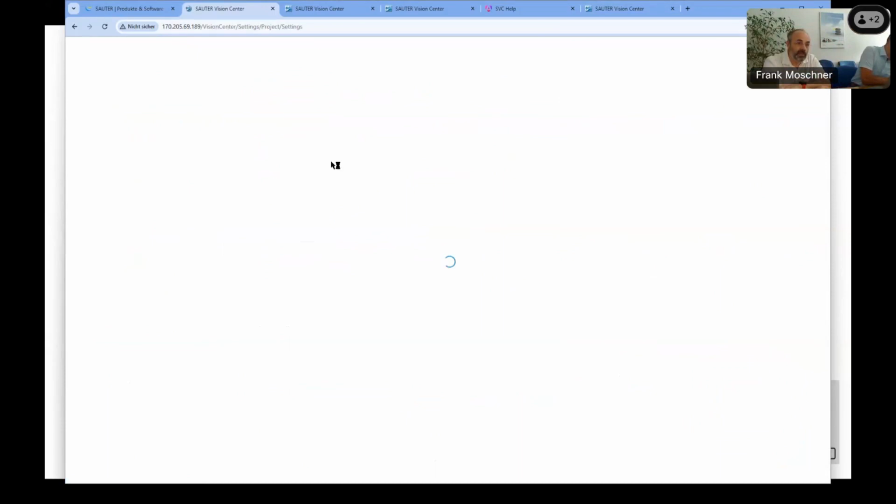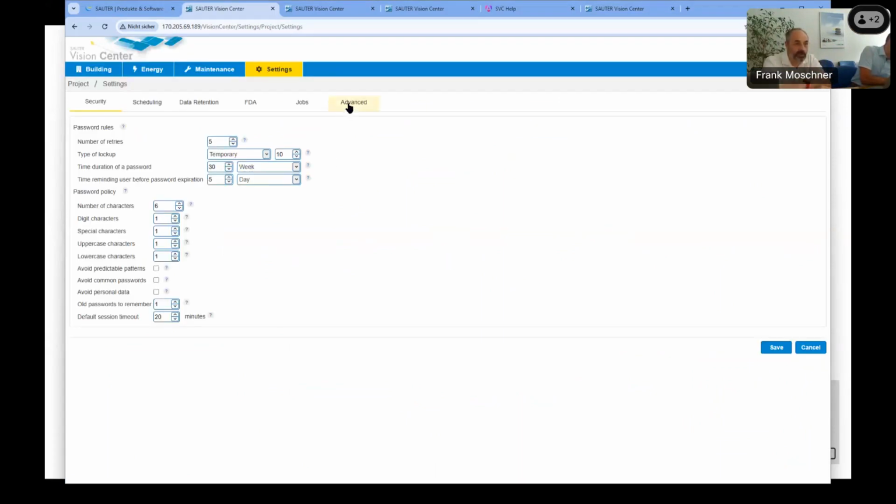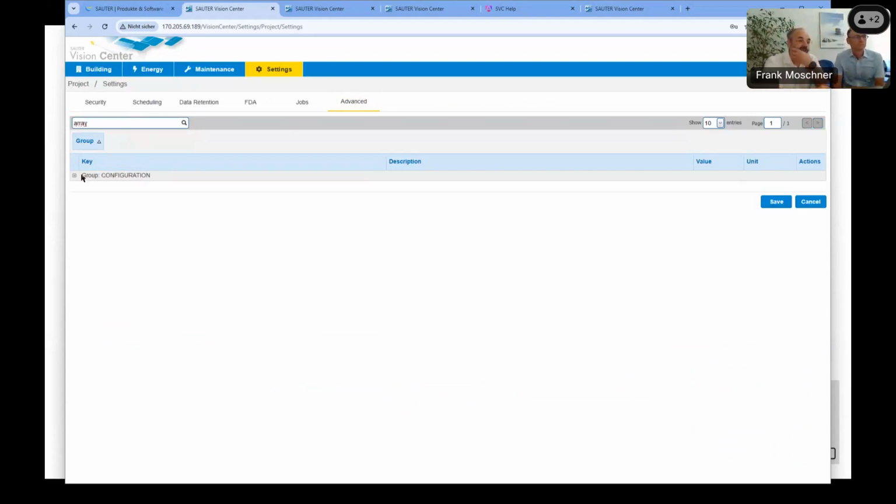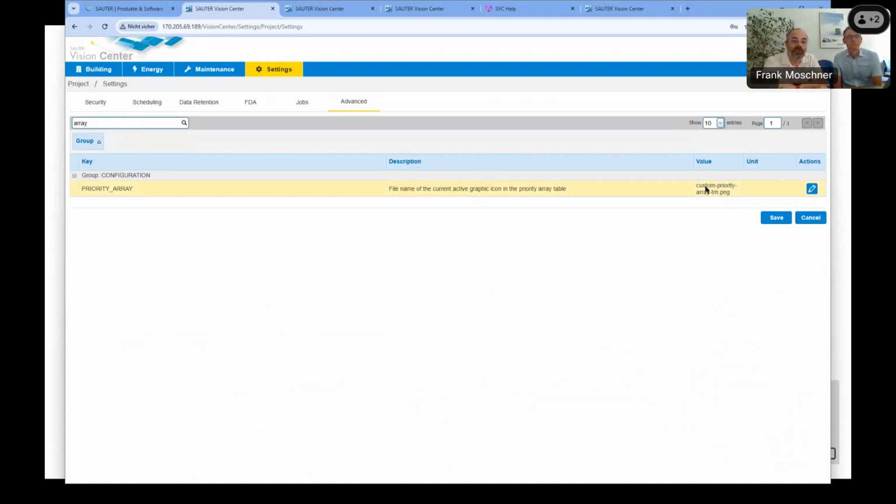This one also allows you, that's why I show you this one in detail, to copy or download the initial file. So if you go here, we have priority array, which is the default one. Per default, it's called customer priority array